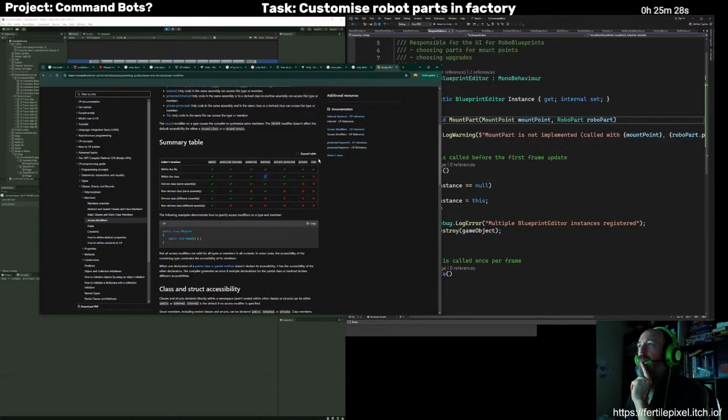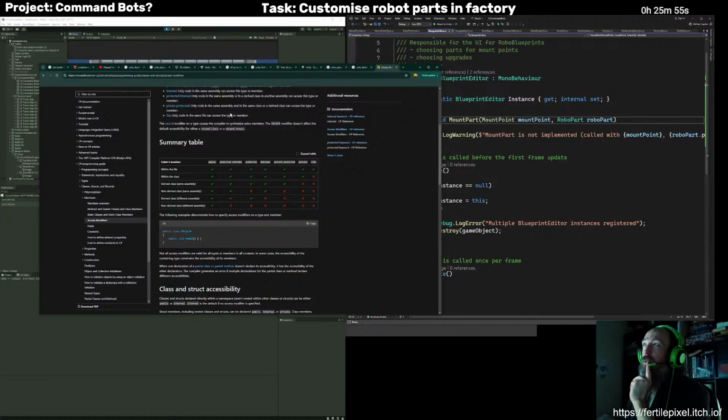Similar, same access as private. That's interesting. You can actually have a variable that's accessible from within only the file. Never used that. Okay, can you see a derived class and a non-derived class in the same assembly? So yeah, it just doesn't cross into the different assembly boundary.